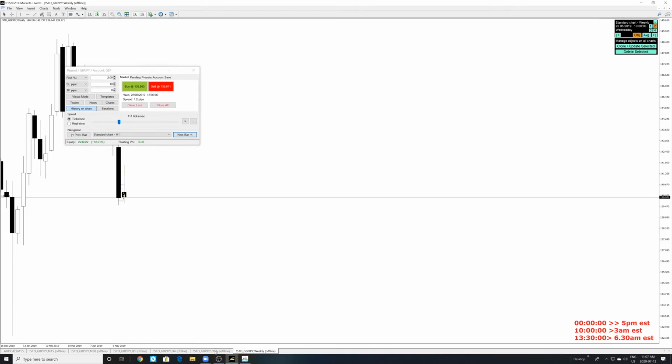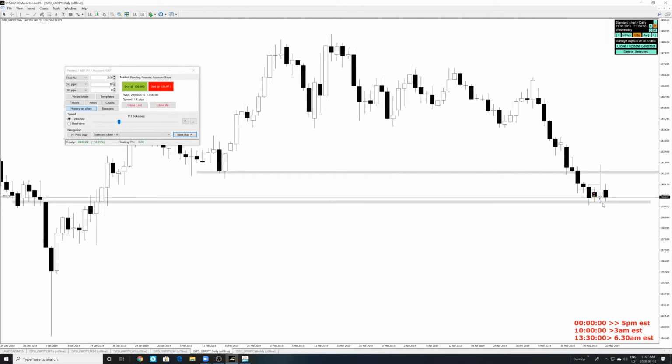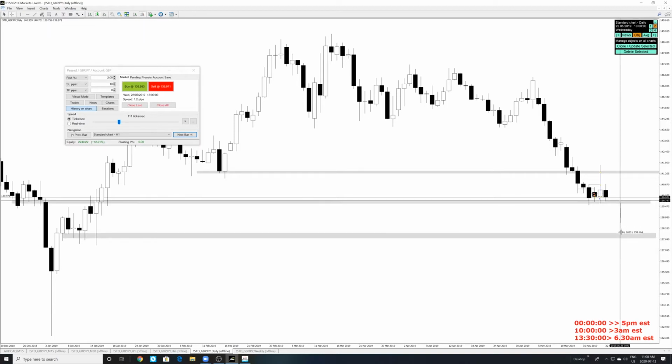Not sure where it's going to go. The daily candle is now coming back down to support. This is interesting now. We're not sure where the daily candle is going to go, but if the daily candle breaks support, I think it's going to come down towards 137,690, somewhere in that area. And that is around 180 pips away, right?